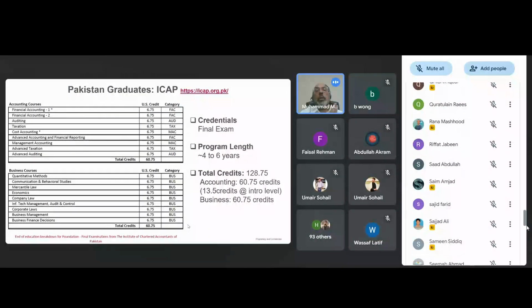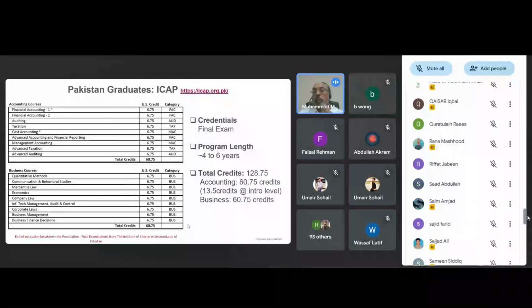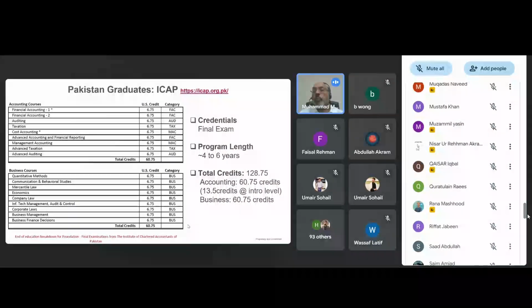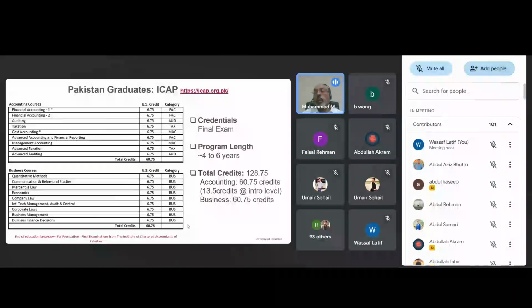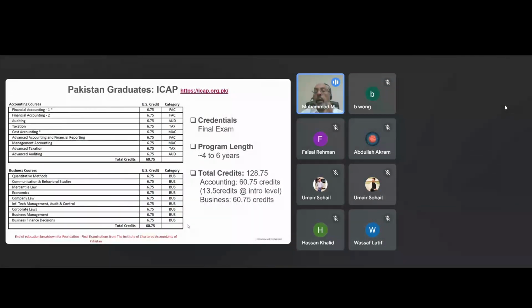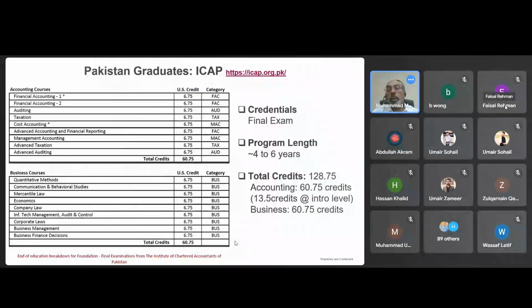Let's look at the Pakistan position. ICAP first. A person qualified in the CA program, even if not a member, normally gets 126 to 128 or 129 credit hours. As a thumb rule, ICAP has 21 subjects normally, and 21 times 6 comes to 126. Some coursework requires extra credit hours in decimals, but it's comfortable to say that